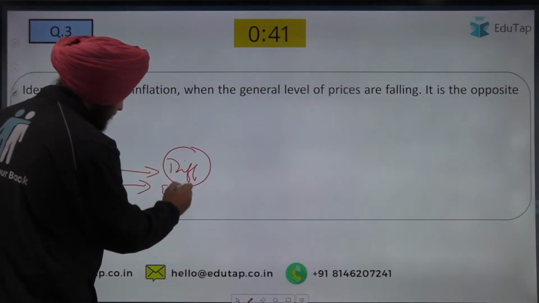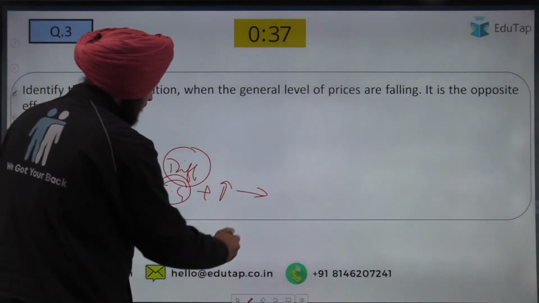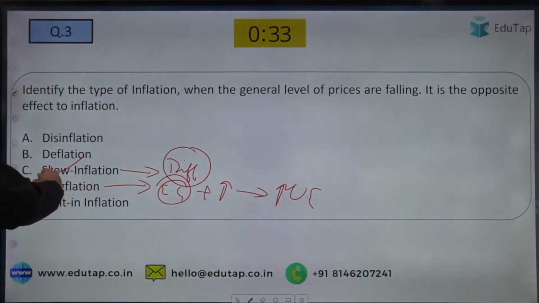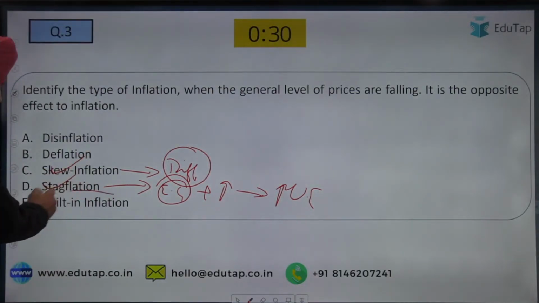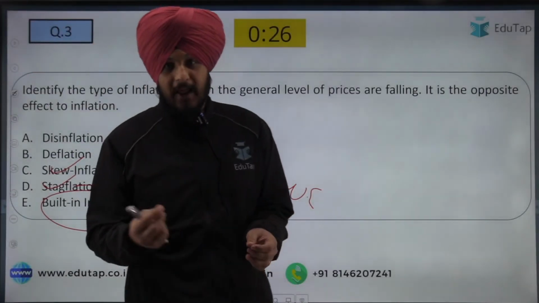So economic growth is stagnant. Apart from that, there is a high rate of inflation, and that eventually leads to a high rate of unemployment also. This is something that is represented with the help of stagflation. If we talk about built-in inflation, we know that built-in inflation shows some kind of relationship between the prices and